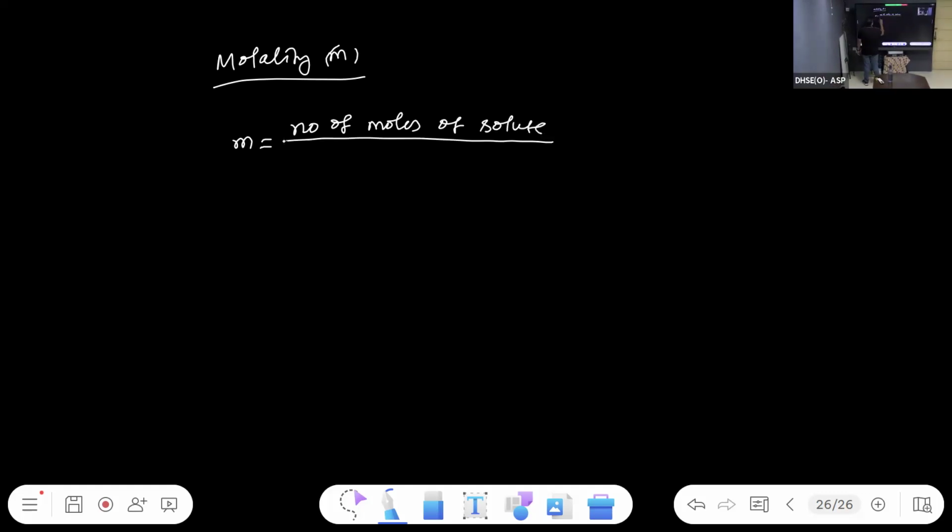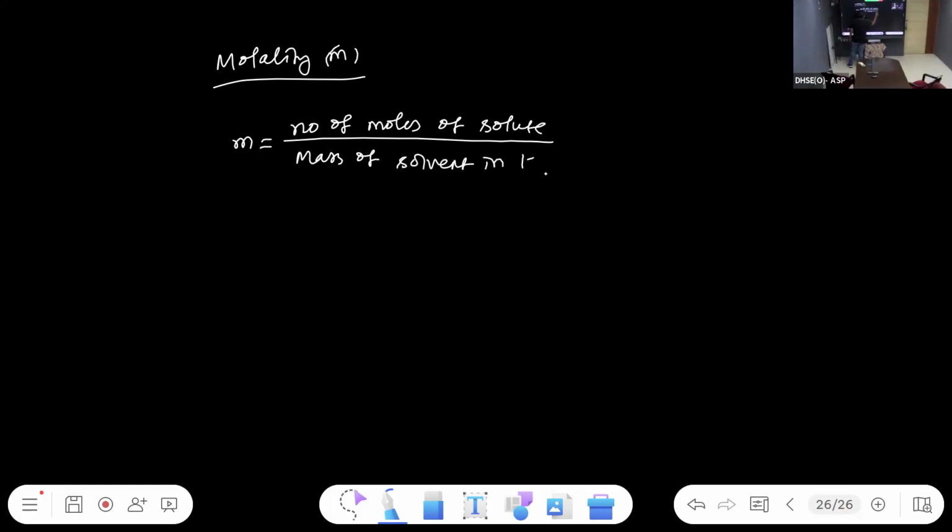The number of moles of solute present in 1 kg of the solvent. So what do we write? The number of moles of solute divided by mass of